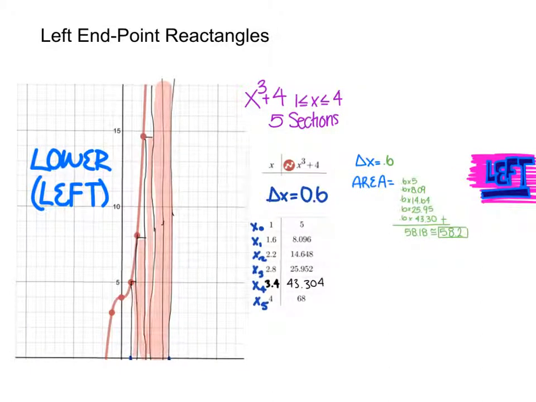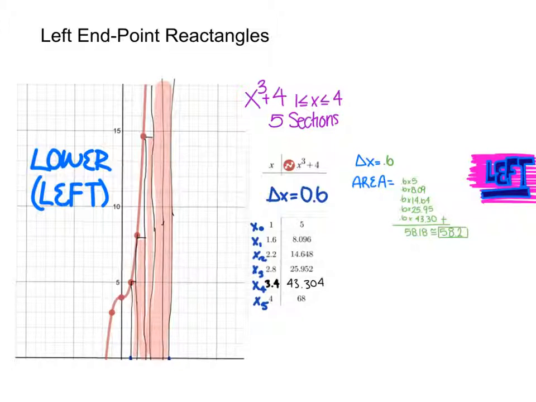This is our graph for the lower bound, or left endpoint rectangles. The width of each rectangle is 0.6, this is the change in x, and you find that by subtracting 1 from 4 and then dividing by 5. The next step is finding the area of each rectangle by multiplying the width, 0.6, by the height, which is different for each rectangle. To find the full approximate area under the curve, you must add the areas of each